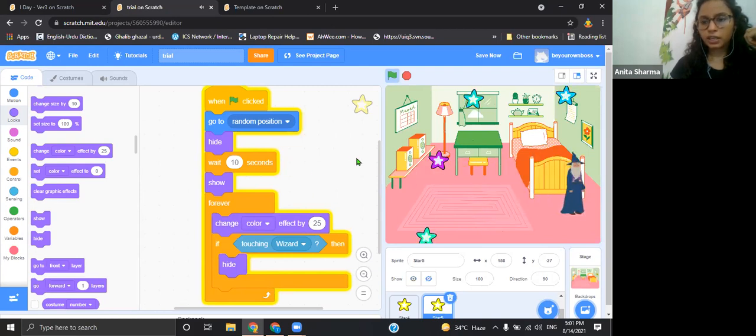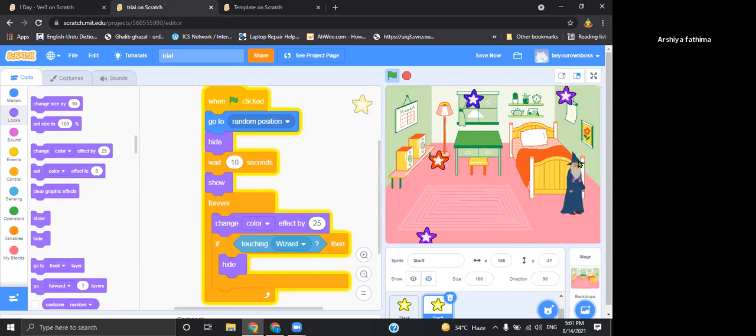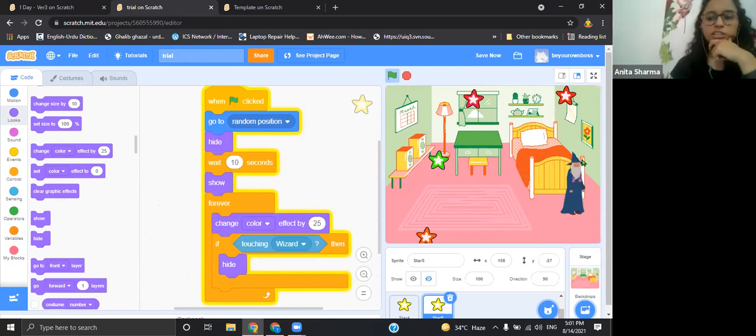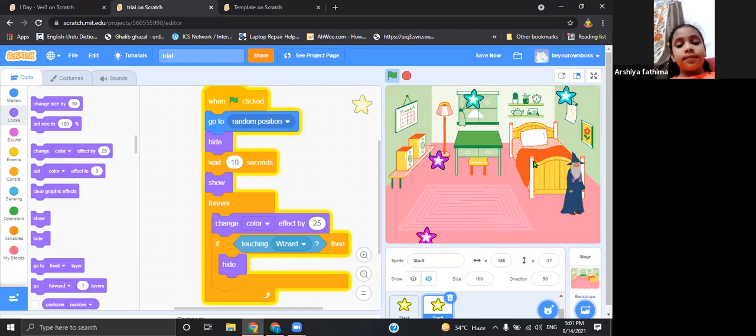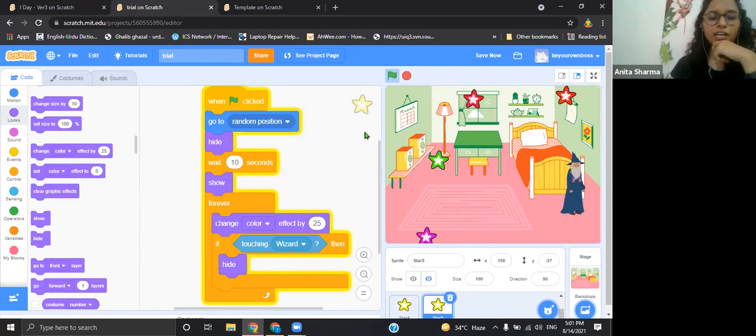Okay, so that was the special star. It is hiding now, right? Now it will send the signal to the flag that it's time to appear. That thing we are going to do tomorrow.